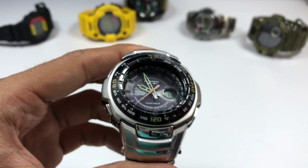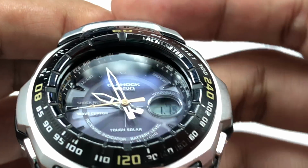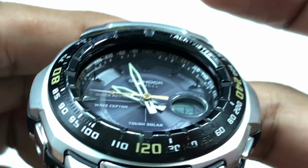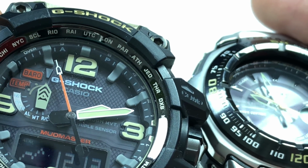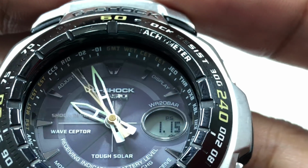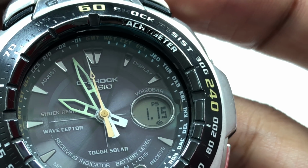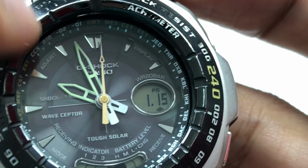Let's have a look even closer at the watch face. You'll see that there are a lot of those city code rings, similar to the one you'll find on the Mudmaster models around there. You're going to be using that in world time mode, which I'll run through after this. Next, you'll see a lot of writing on the watch face, and also a silver index and silver window for